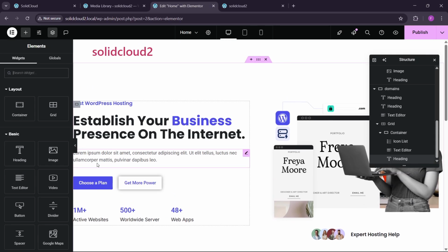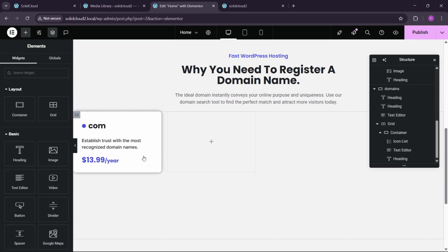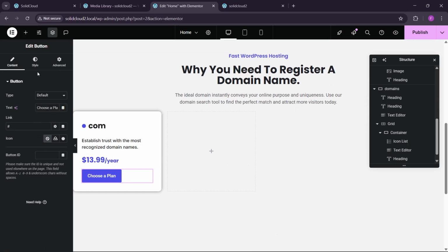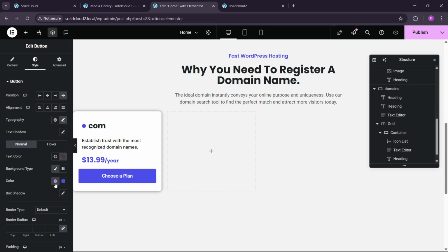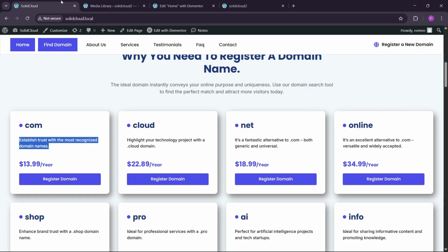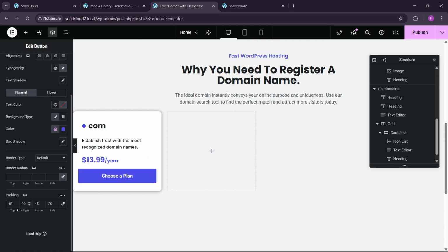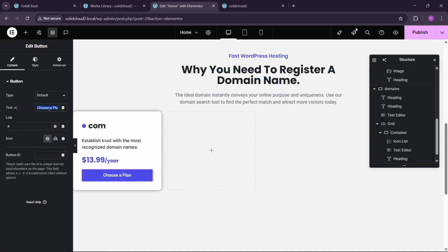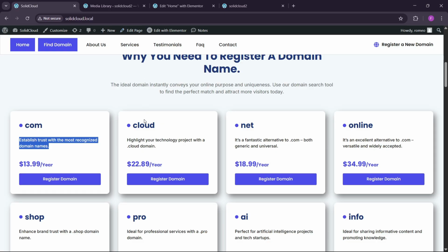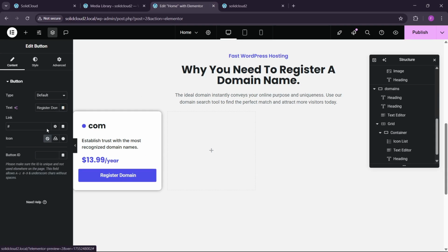Now you can see that we have this button, so we can add a button here. So we can also copy this button right here. You can see that we have this button, so we can just go here and top. We can make this button, and for making it full width, we can make this stretch. Okay, now you can see that the height of this button is a little bit smaller as compared to other buttons. So we can go to this padding, and here we can make this 13 from the bottom also. Let's make this 13 like this, and here we can change this text here. Here we can write register domain. Okay, like this,